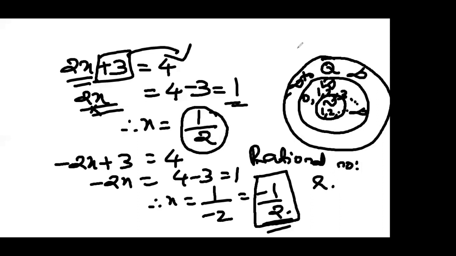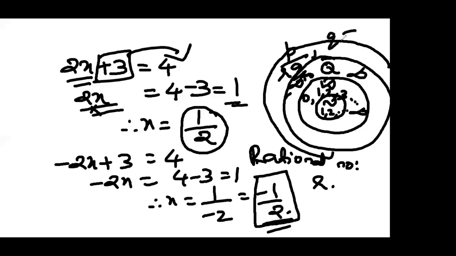Rational number. So another category is formed there. They are the rational numbers, which means we can represent them as numerator by denominator. I'm taking just p by q. Numerator is p, denominator is q. And p and q both can take any value, positive and negative, but the q value cannot be 0.